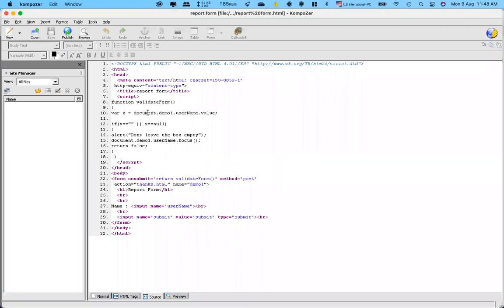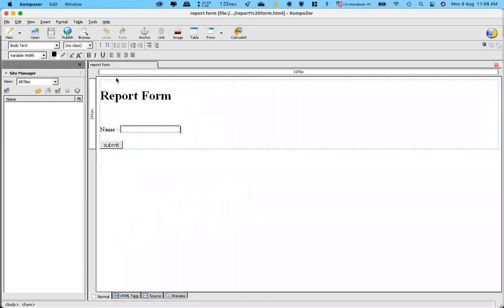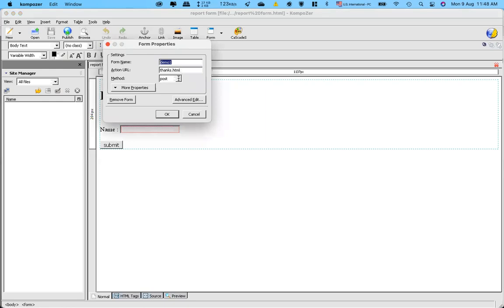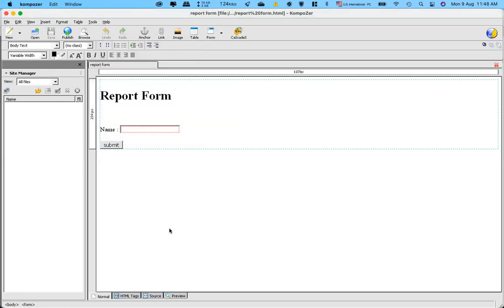So now I want to store the value in the X variable. What value? Of the current page, that is document, and in the current page, the current form. And I have given a name to my form. I can check from here, demo1. That is the name of my current form.